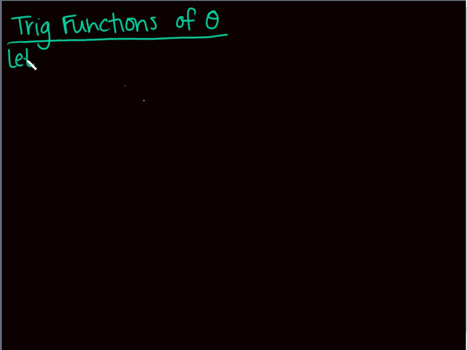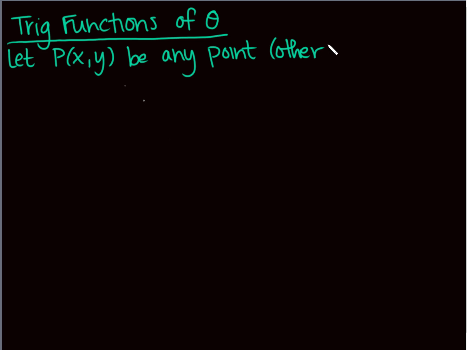So let P, some point with an x and a y coordinate, be any point other than the vertex. I don't want to be at the origin, because then I can't make my pretty little right triangle. On the terminal side of the angle theta,